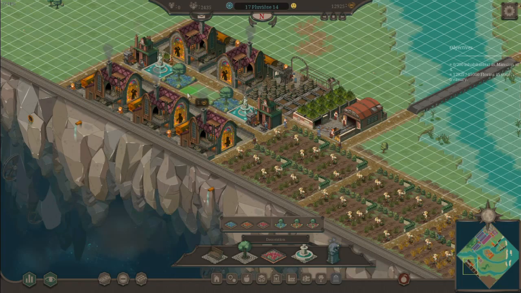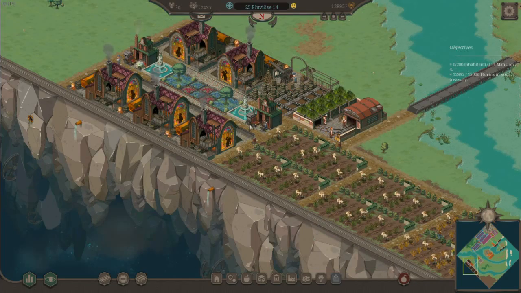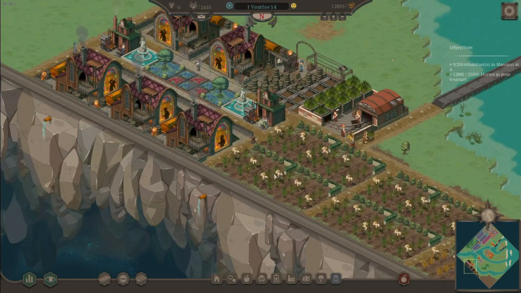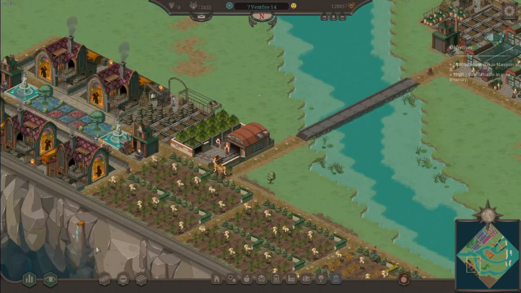Let's get that, and some nice blue roads as well. This is pretty cool. I do like the decorations. I really do love the art style. It's all really nice looking, and I love that you can... What the hell just happened to that guy? Oh, I see, he was...